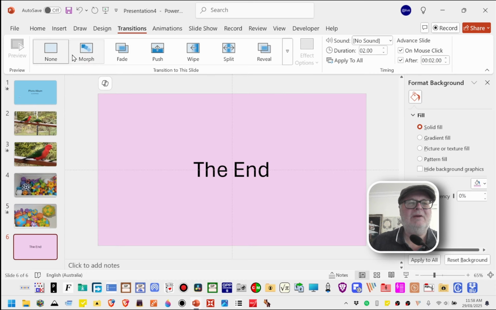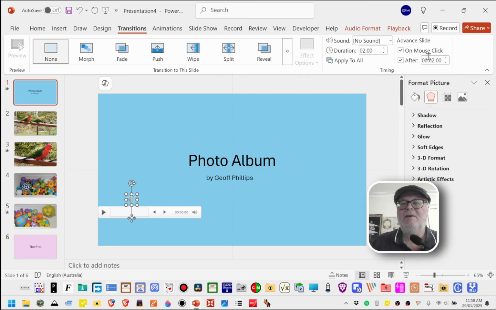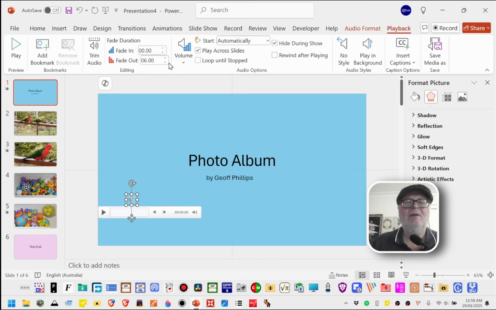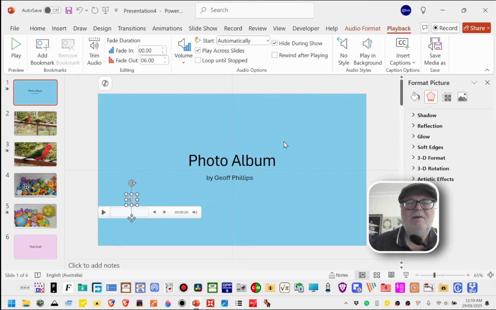So if I go back to my first slide and look at the music there, and if I go to playback and trim, and what did I say it was, 28 seconds. So if I put in 28 there, and the fade out, yeah, that should finish before the end of the slide. So now if I click on the preview,